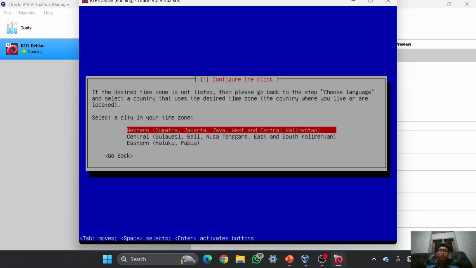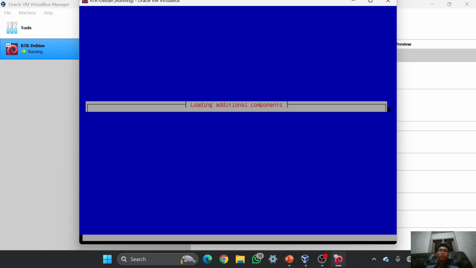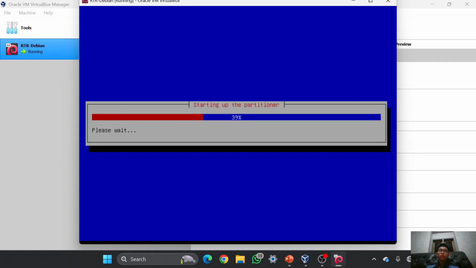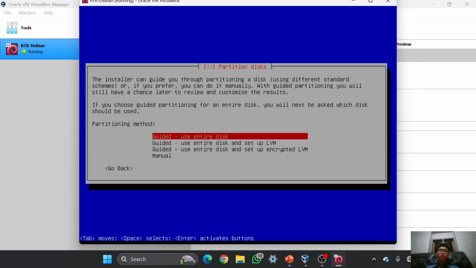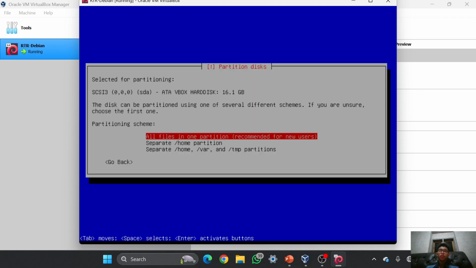And for the time zone, I will use Western because I'm in West Java, and we can wait again. For the partitioning, I will use guided, use entire disk, and I will choose this one.